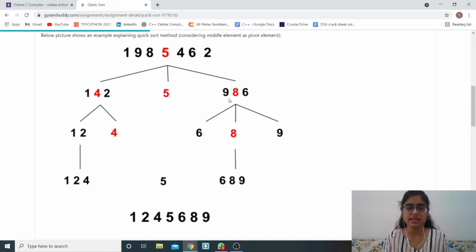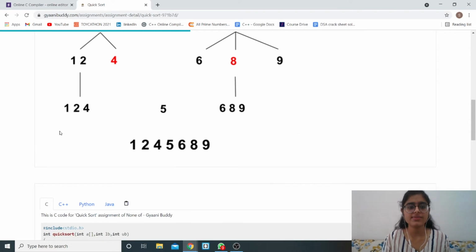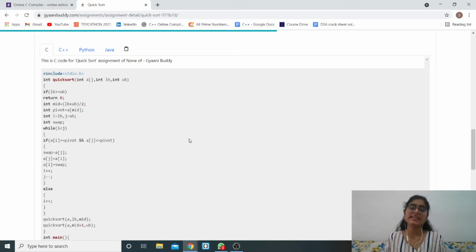Similarly, in the subarray 9, 8, 6, 8 is the pivot element, 6 goes to the left and 9 goes to the right. Now we have got a sorted subarray here, and here also we have got a sorted subarray. If we combine these, we get a complete sorted array. So this is the basic technique of how quicksort works.